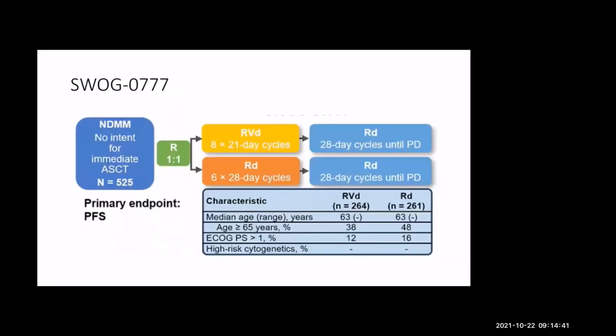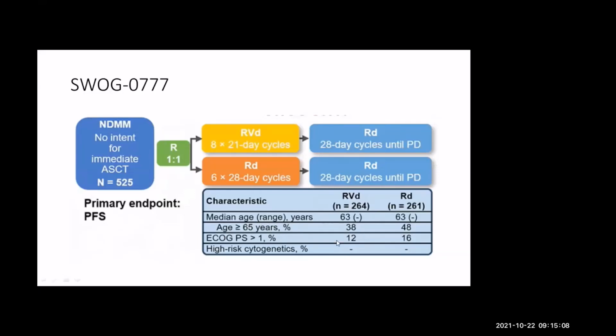So this is the SWOG study which defined the role of RVD. Actually, this was a non-transplant eligible study. So these were patients who were not intended for transplant. The median age of this study population was 63, probably more relevant to our patient where they don't undergo transplant. And they were randomized to RVD versus RD, so doublet versus triplet. So the context here is elderly people, whether they are able to benefit by addition of a drug where toxicity is